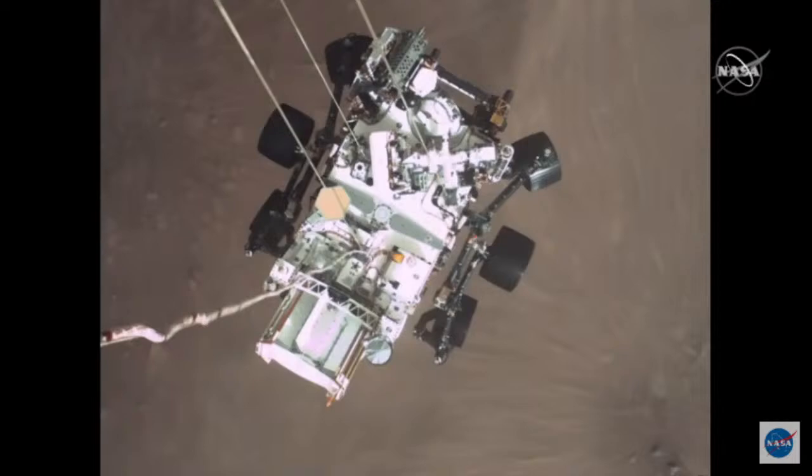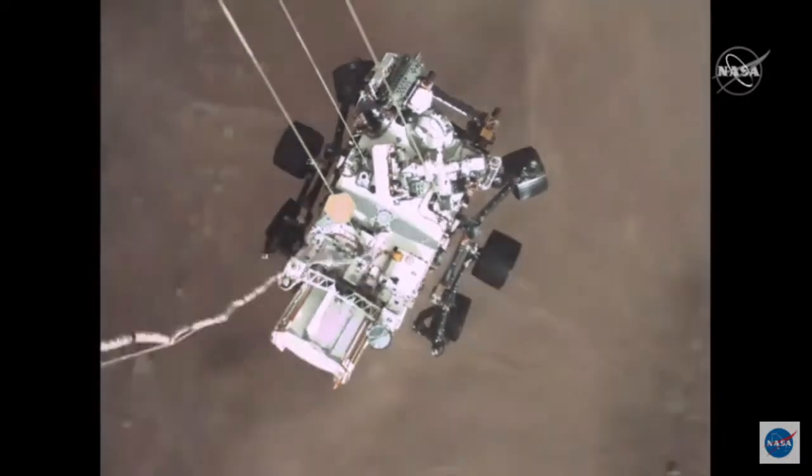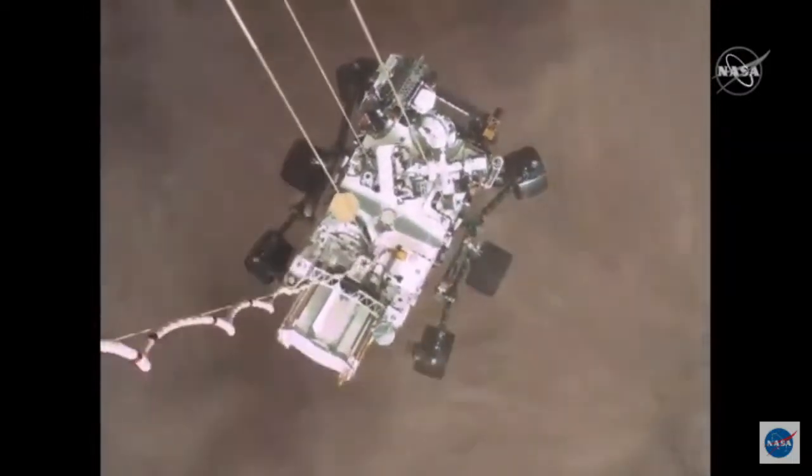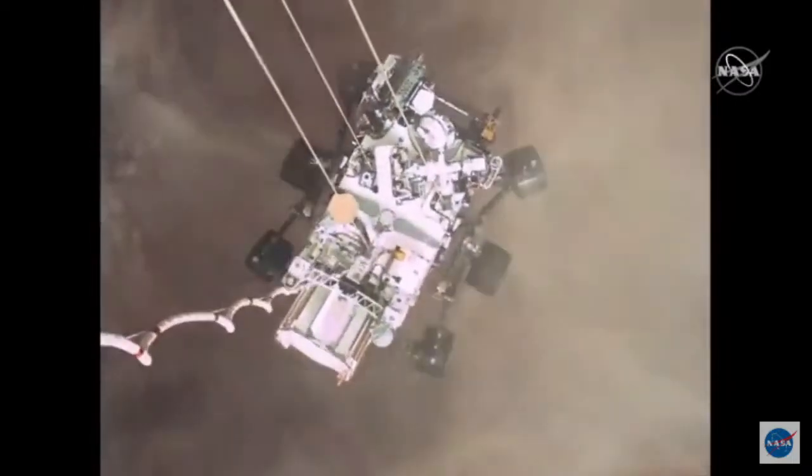So as we keep going here, you can see the bogey deploy. That's on both sides of the mobility back. You see those wheels, the back 2 wheels on either side swing down. That caused a little bit of rocking of the rover as expected, but you can kind of see that settles out a little bit right as we enter that plume and dust cloud as we get down and